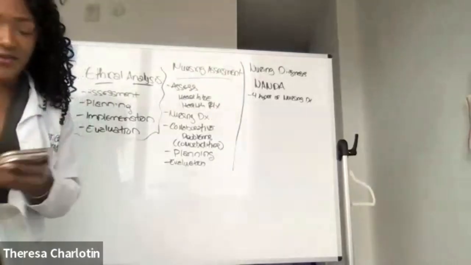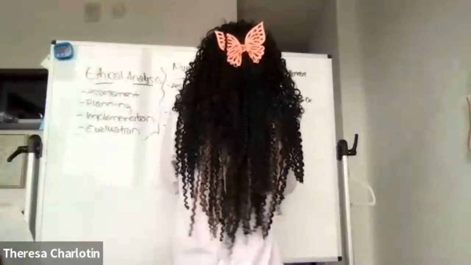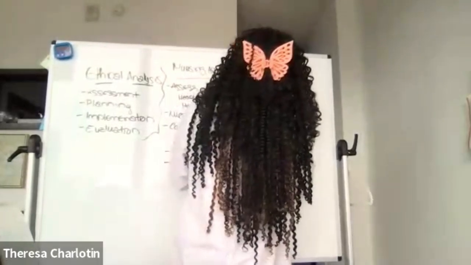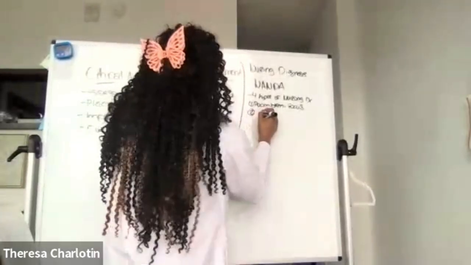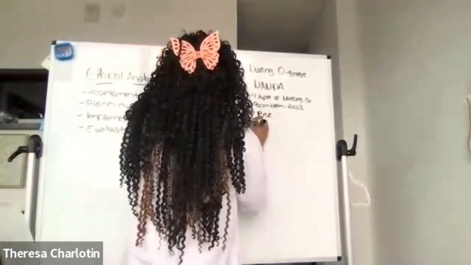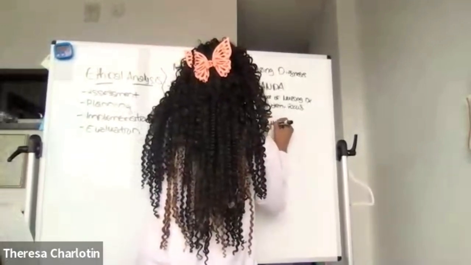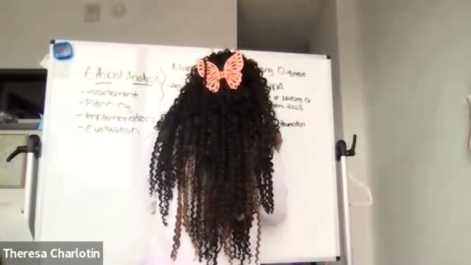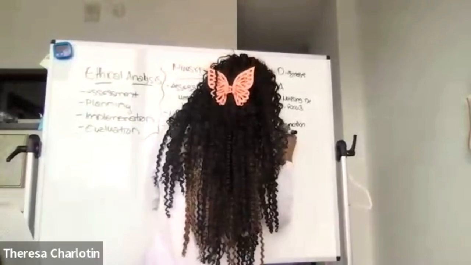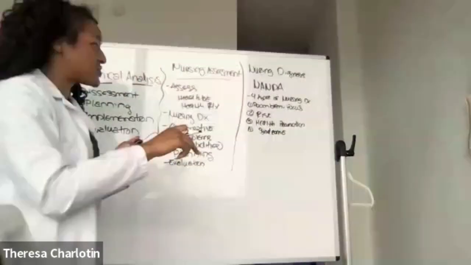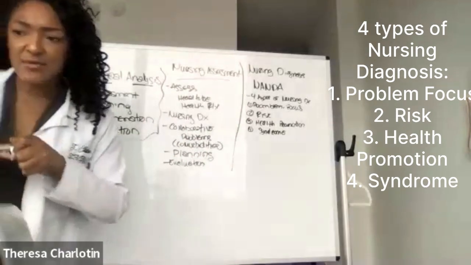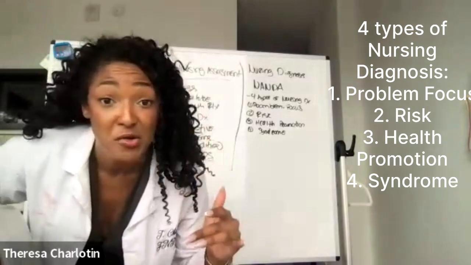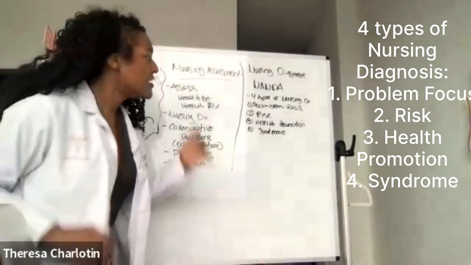So there are 4 types of nursing diagnosis. 1 is problem focused. 2 is risk. 3 is health promotion. 4 is a syndrome, right? This is similar, but slightly opposite to the primary, secondary, and tertiary health promotion that we were doing in like